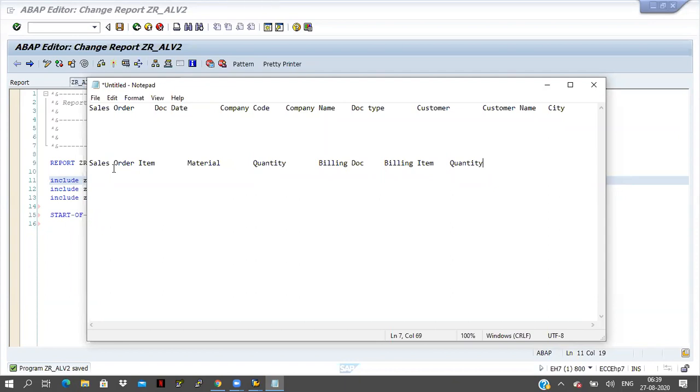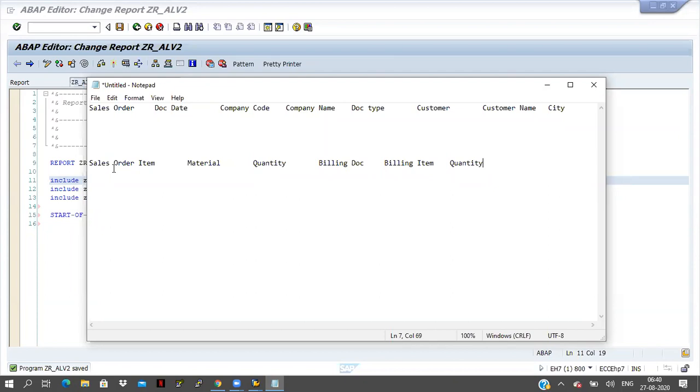But 2 times billings are coming, because I am delivering the same material to the customer 2 times. So here only one sales document number will be there, but chances are there may be 2 or 3 billings. But I want to display all this information in the next screen.